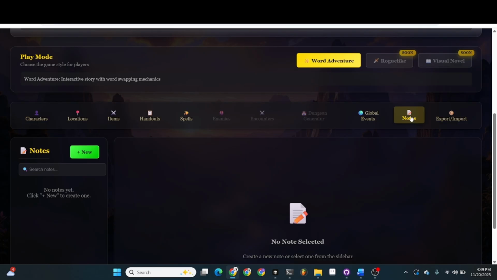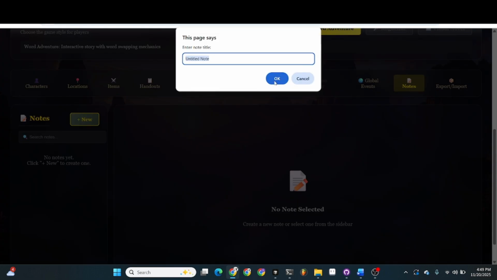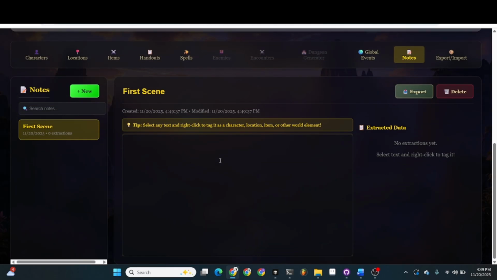So the new note-taking feature, you can create documents. I'll name this first scene, and here you have a text display which you can type. This is the brainstorm for my story, and you can save it,